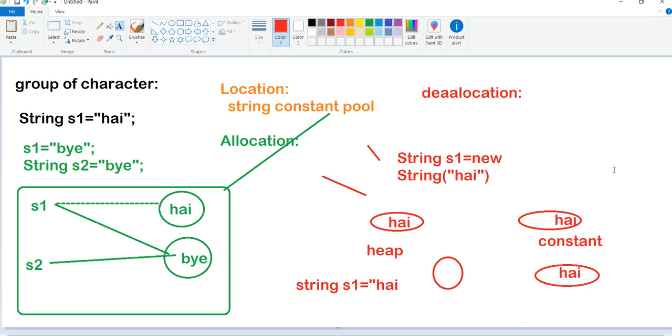If we go with the first method, the data is never checked. That is one drawback, and the second drawback is that it is stored in two places, which wastes memory. That is the main reason.